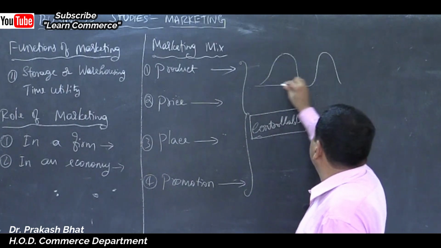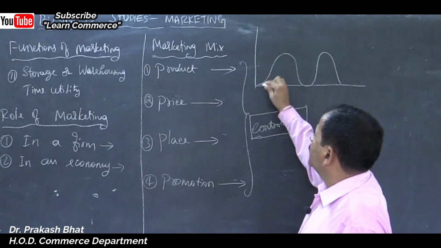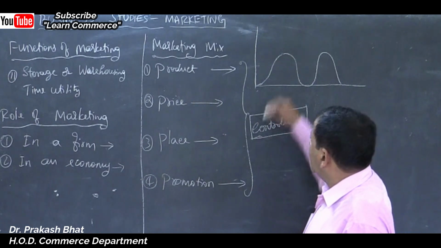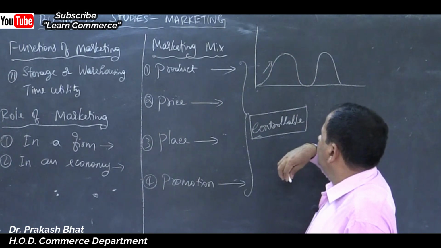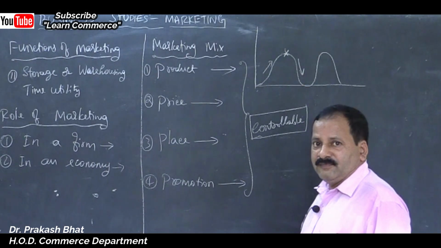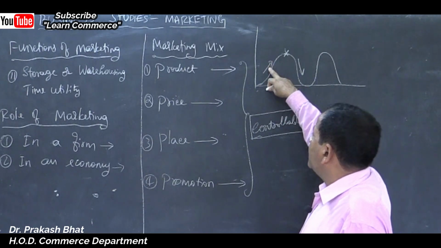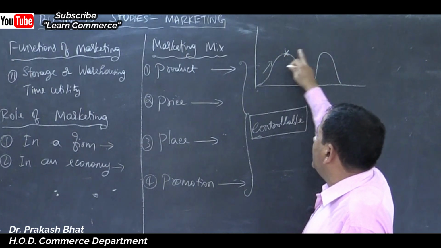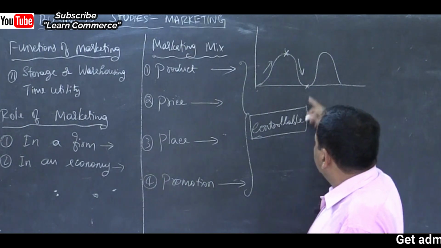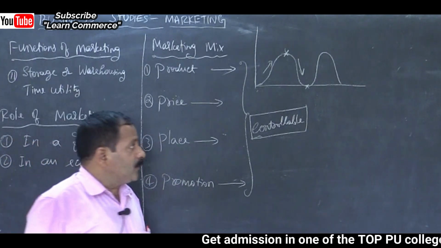This starts, say, OX axis, OY axis, isn't it? Here, this is market pioneering stage, market growth stage, market maturity stage, market decline stage, or that is product pioneering stage, product growth stage, product maturity stage and product decline stage, and it comes to 0. Again, one more product you will start or you will do some changes. This is called product life cycle.